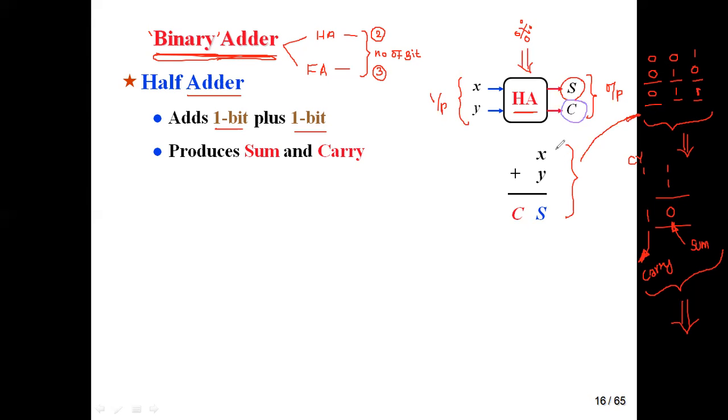Okay, so I'm taking two binary bits, it produces two outputs. One is called sum, another one is called carry. So sum and carry bits will be produced. Then, I already defined this as a half adder. Please listen here. Half adder means what? Half adder means addition of two binary bits. I'm going to add only two binary bits, that is called a half adder.